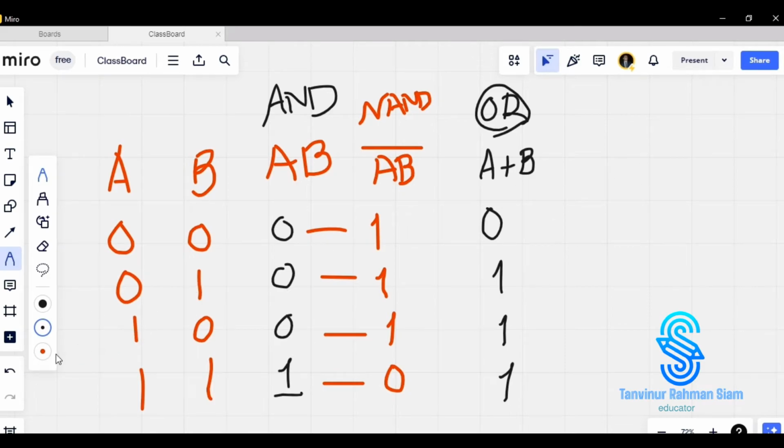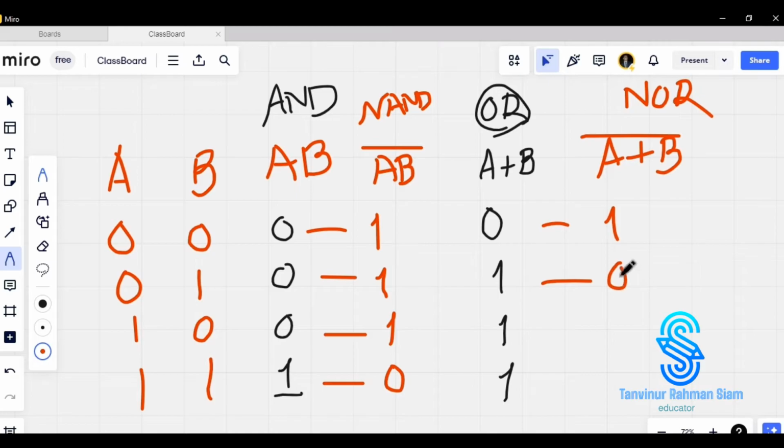Done. And after that, in case of A plus B with a bar sign over it, it is a NOR gate. So in case of the NOR gate, what will we give? We will give the opposite of the OR gate, that is NOT plus OR equals NOR gate. So 0 will turn into 1, 1 will turn into 0: 1 0 1 0. Done. So let's check